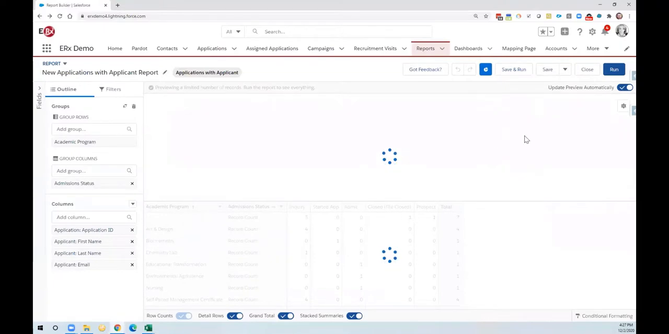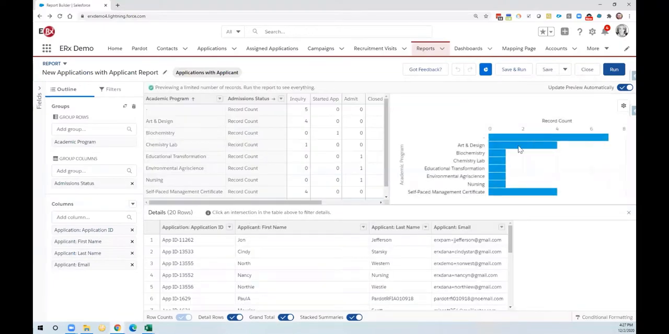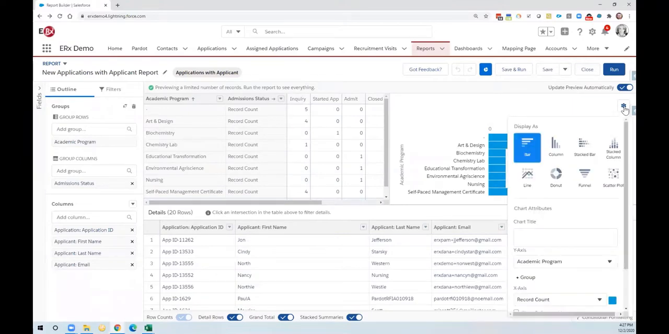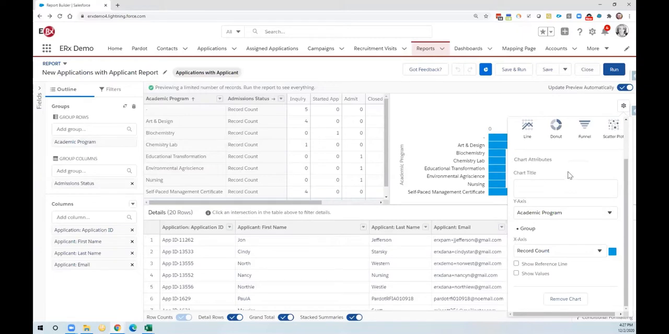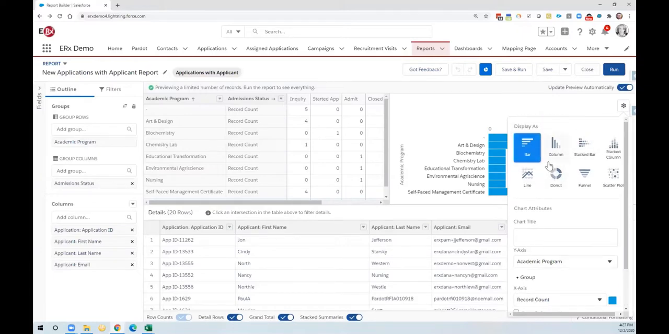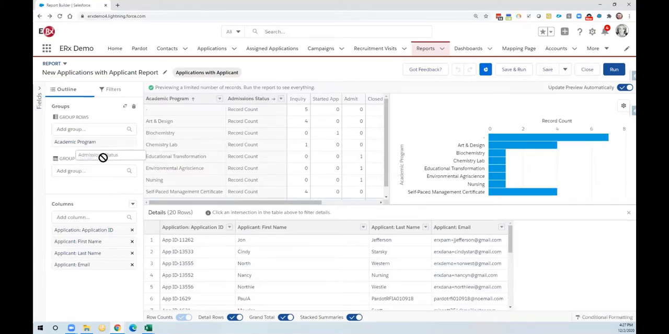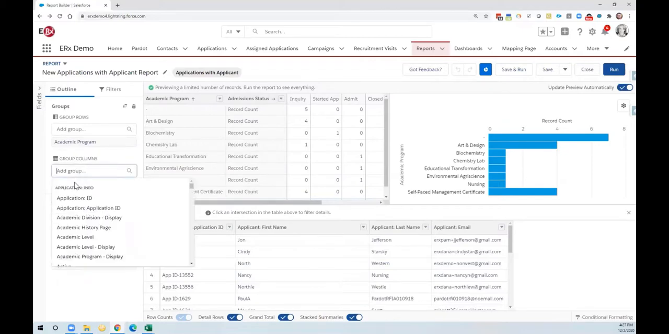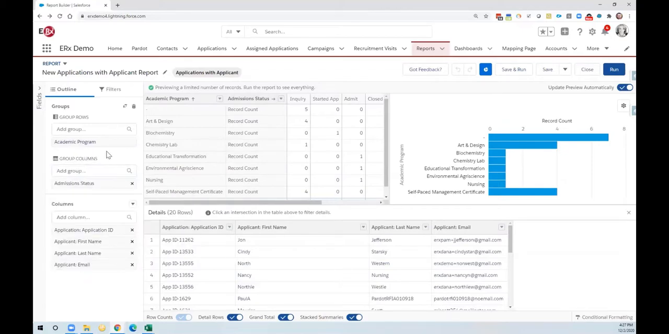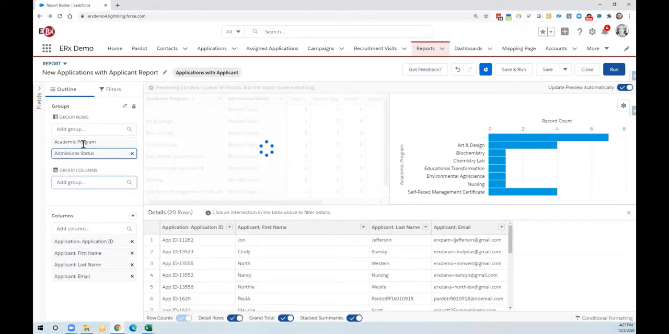Once I'm back into the report, you'll notice an option up here that says chart properties. And this is where I can further dive into building visualizations on my data. Now for ease here, I'm going to go ahead and just make academic program admission status a summary report real quick, so we can see how the chart would correspond to that. So once I drag this up here,